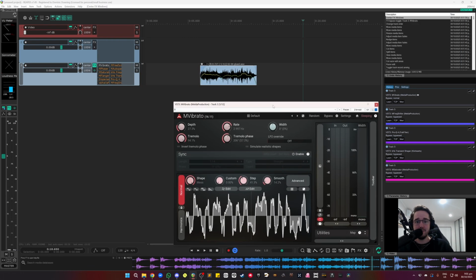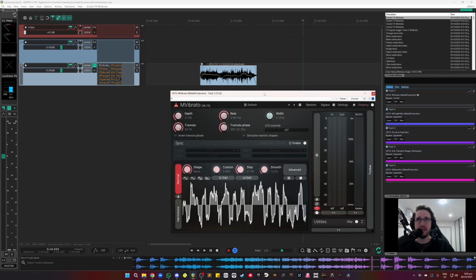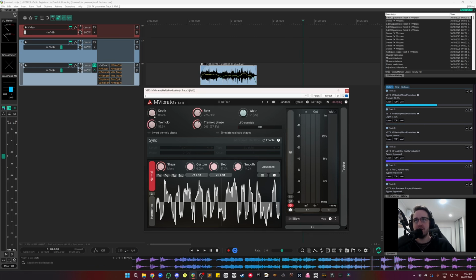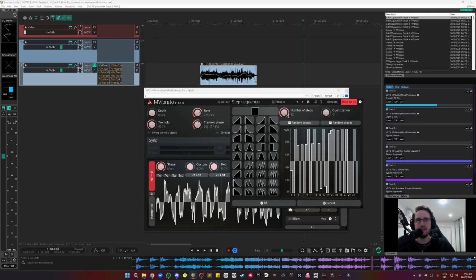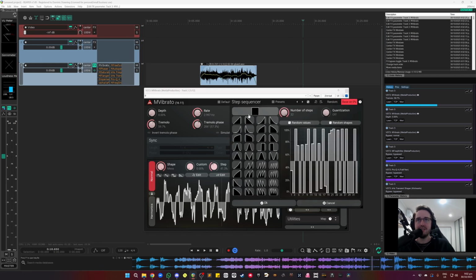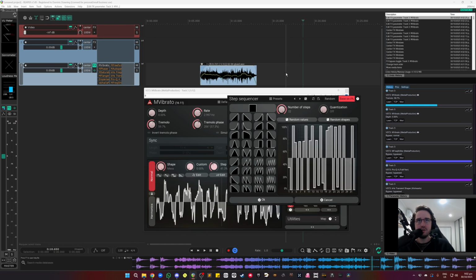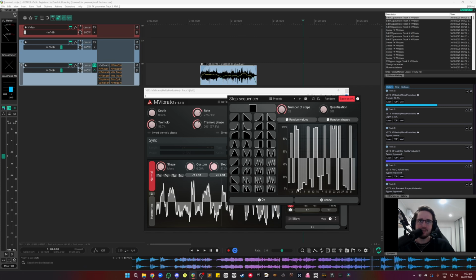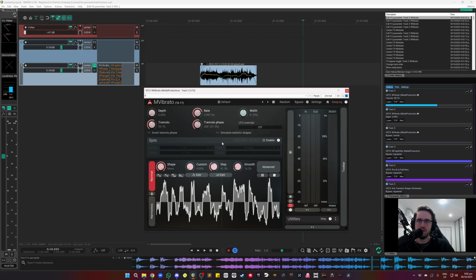Vibrato by Melda Production. In one of my previous videos I said M-Audio because I'm a dummy. Great tool that I like to use, but I use it a lot more as a tremolo than vibrato because it's got this little tremolo knob, which is lovely. First way I found out I liked to use this was when I discovered this step sequencer. You increase the number of steps to 32 and then you give your mouse a little wiggle, and then you can, in a controlled manner, randomize the steps, and it gives this cool little effect.